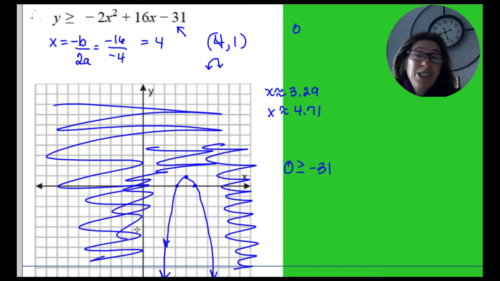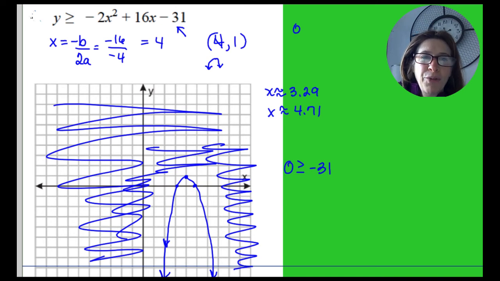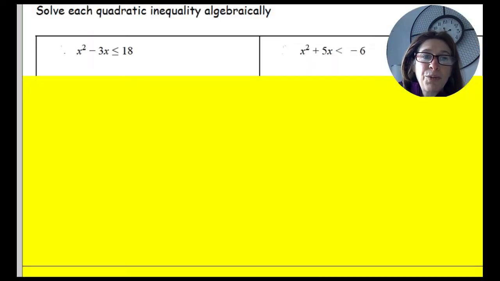Okay, so that's really the basics of how you do inequalities. And it's very similar to what we did with systems of inequalities and linear inequalities. But how do we do it algebraically? That's the important part, right? Like we sometimes have to do these algebraically. So here's an example. I'm going to do, from your worksheet, this one: